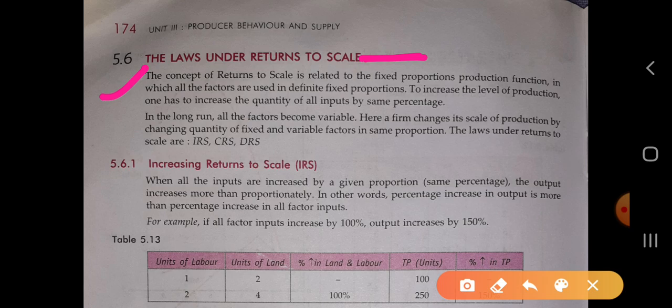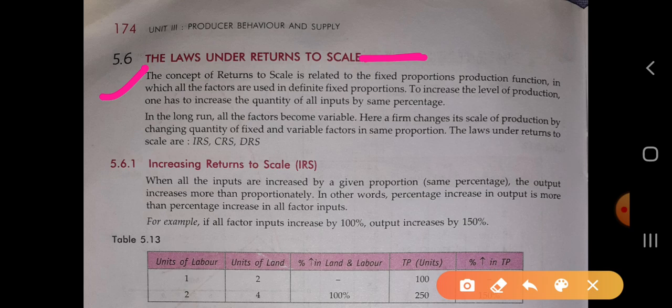Okay, we have also studied the difference between the return to a factor and the return to scale. In the return to a factor, one factor is variable and the other factor we have taken as constant. But in the case of return to scale, all the factors become variable. Okay, there is no fixed factor. Whenever any producer wants to increase a fixed factor like machinery or the building, they can increase it, okay, because all the factors in the long run become variable.